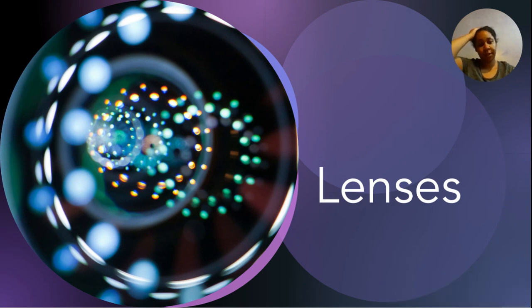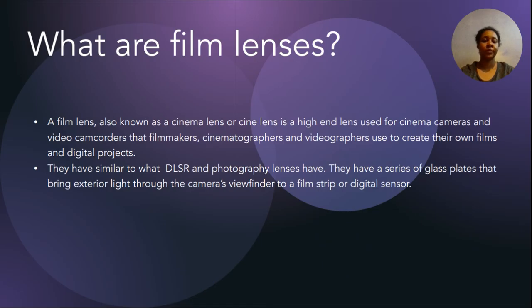This video is on camera lenses and the different types of lenses that are used in film and photography, and what the purpose of them is. So I'll be getting into more. Film lenses could be known as cine lenses. They are high-end lenses that are used for cinema cameras and video camcorders, which filmmakers, cinematographers and videographers use to create their films and digital projects. They could be similar to DSLR cameras and photography lenses,